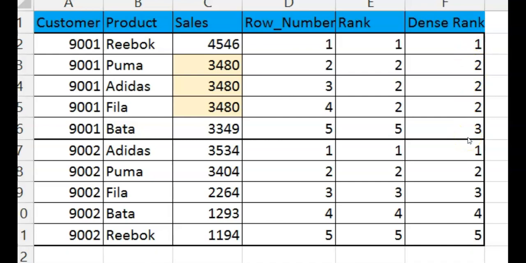So if your rank is not too complicated and you just want to directly apply a simple rank, you can use row number. If you want to give equal priorities and you want to drop the ranks which couldn't be assigned, you can use rank. Otherwise, if you want to go in sequence order and still want to give the same rank to all the values which have exactly the same measure, you should use dense rank.